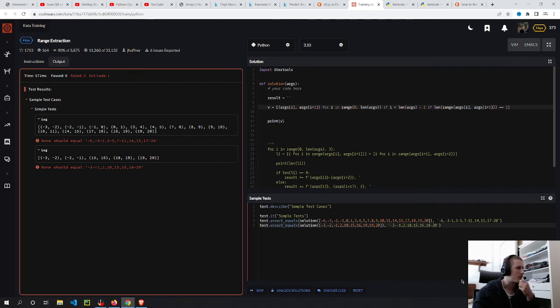Because I'm thinking if the end of what a tuple is equal to the beginning of another one, then I can link them together. And then I can calculate the range based on that. The only issue with that is that I'm leaving out the other numbers that are not in the